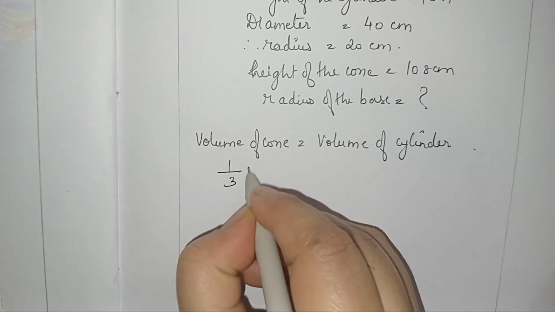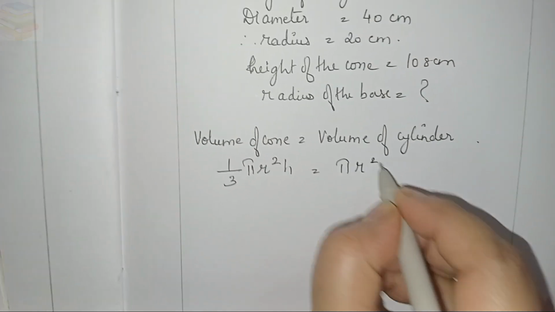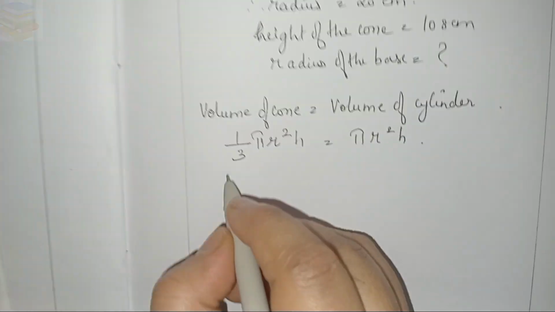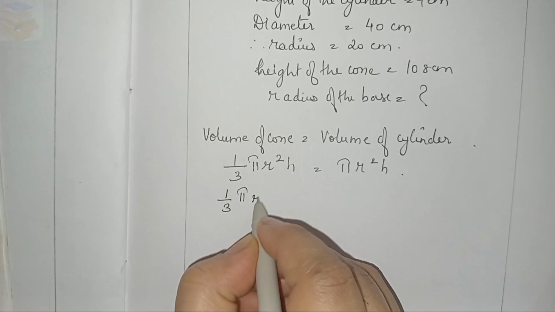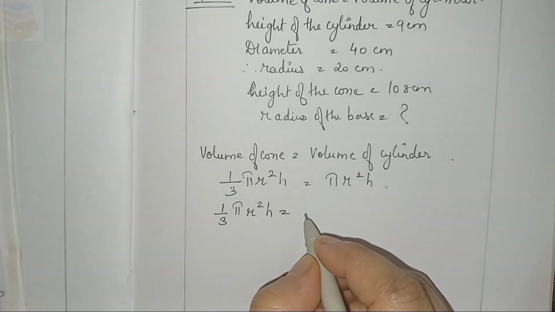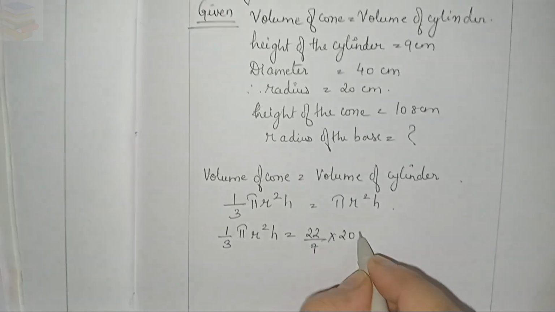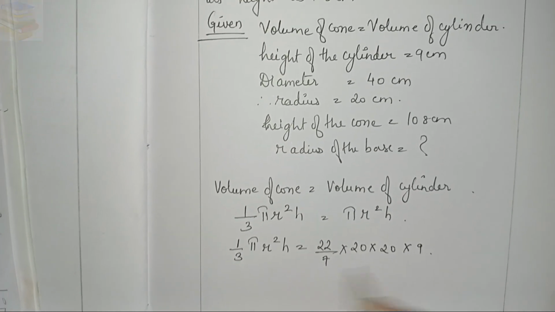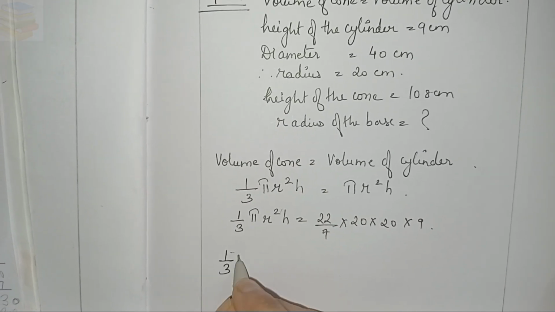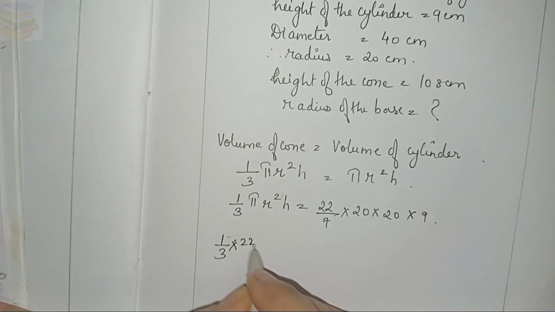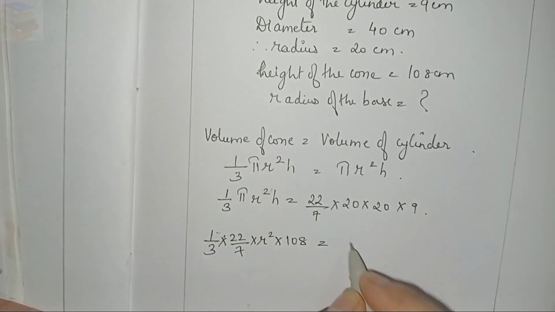We'll put forth the formula in it. 1 over 3 pi r square h is equal to pi r square h. Simply the values will be substituted in it. 1 over 3 pi r square h is equal to 22 over 7 into 20 into 20 into 9. Here they have given you the h. 1 over 3 pi will do 22 over 7 into r square into 108. This will give you